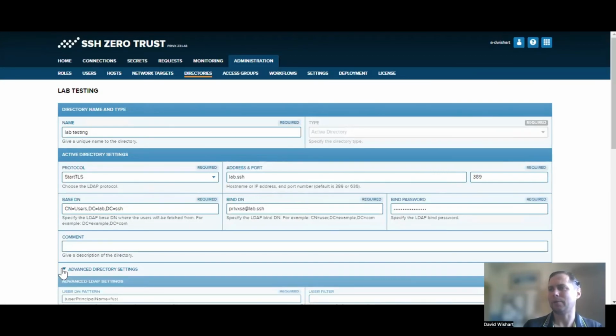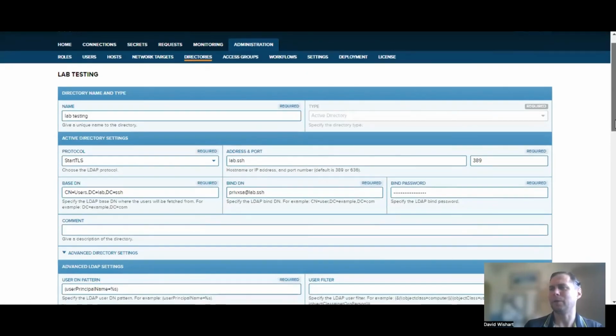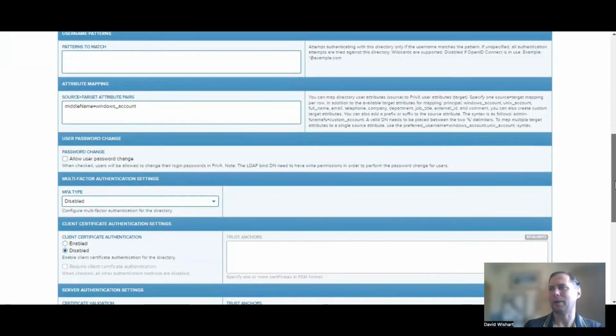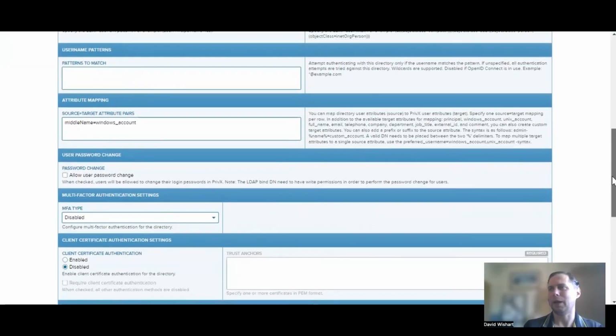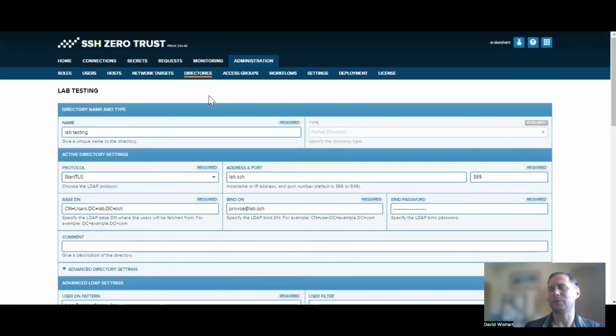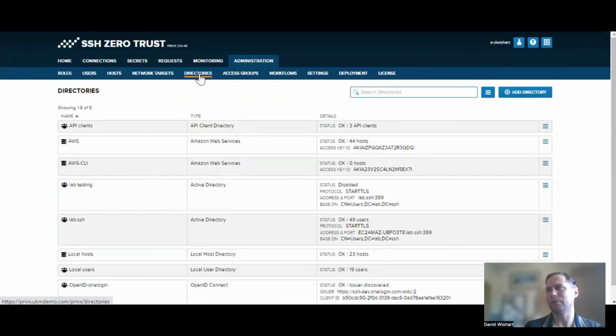You also have some advanced settings where you can essentially filter out particular users, and then also you can have multi-factor authentication configured here on a directory basis. Okay, so that's configuring directories. So you can configure LDAP, Active Directory, OpenIDC, or SCIM.